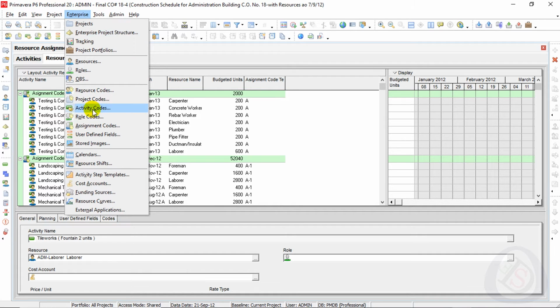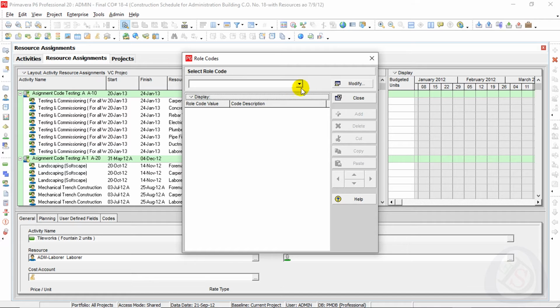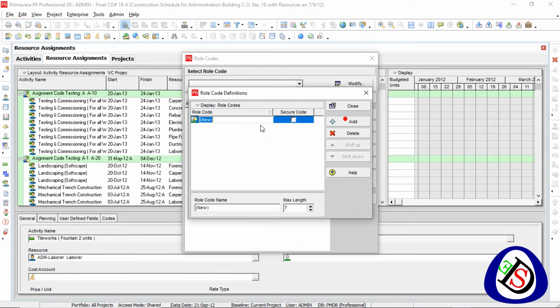the new option, role codes. You can assign role codes. You can assign a role code here, modify or add, testing role code.